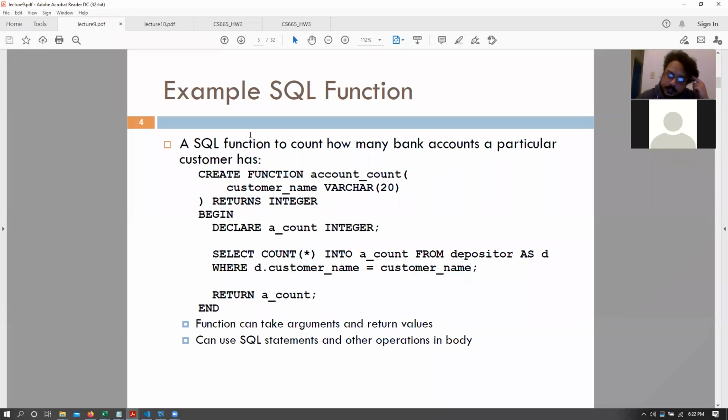So if we go over this entire thing again: create function account count, takes in a parameter customer name of varchar 20 type, returns an integer, begin, declare the variable a count where we want to save the result, select count star into a count from depositor as D, where depositor.customer name equals customer name. Then we return a count and then we end.